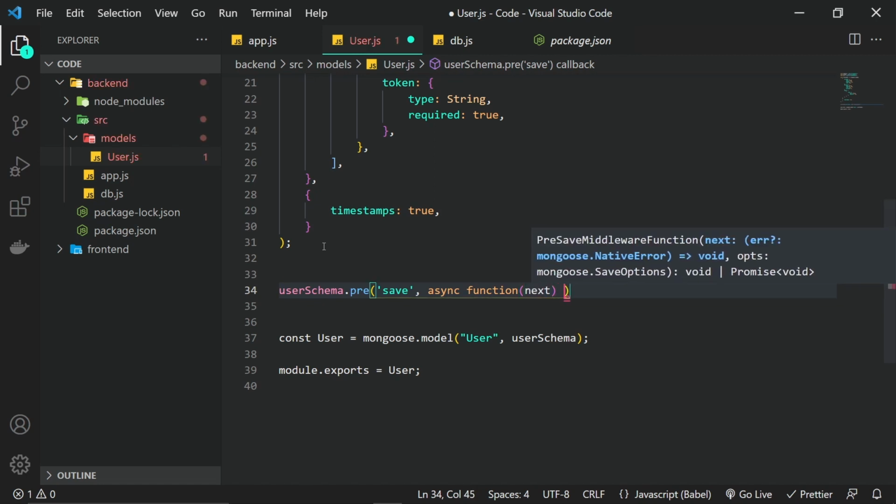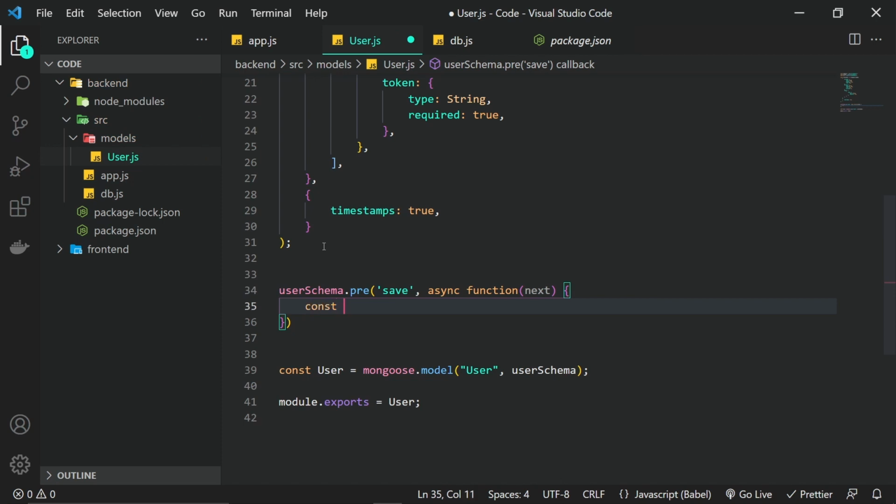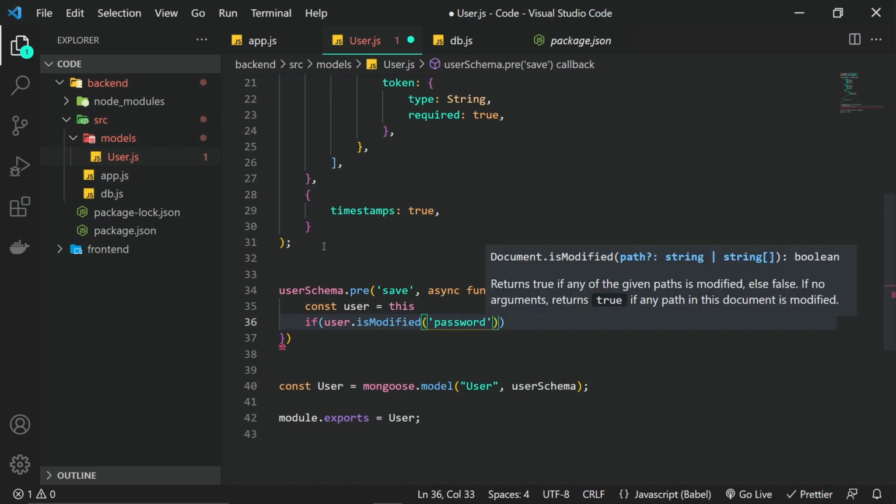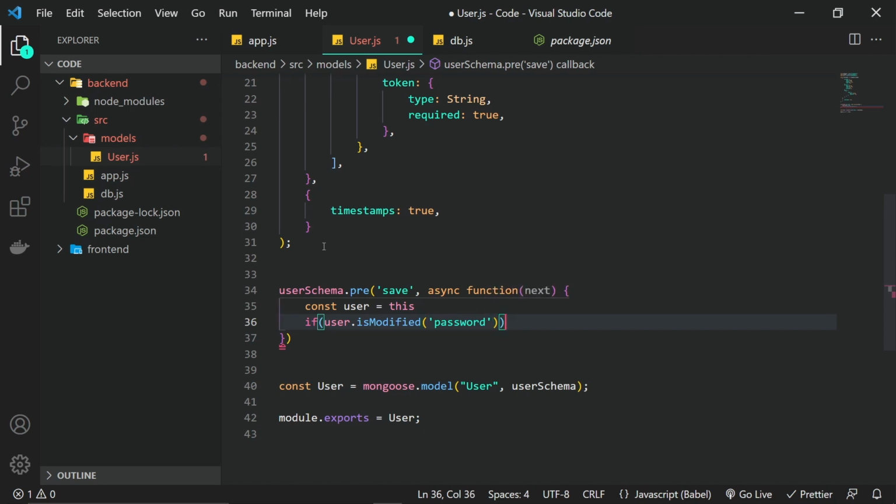It will have the value next. Const user equals this. If user.isModified password. So if the password has been modified,